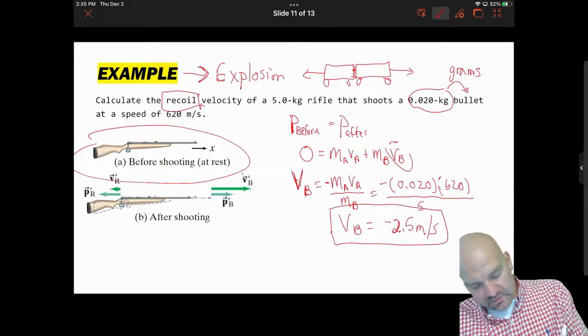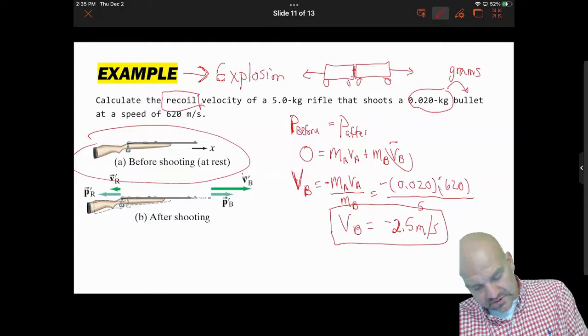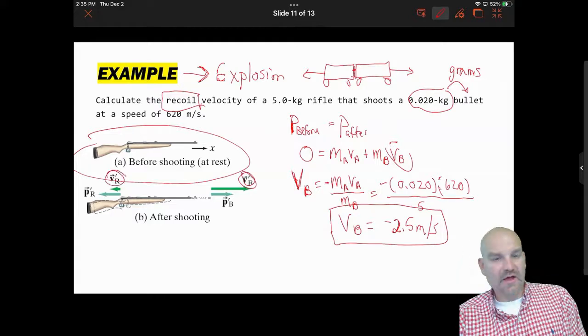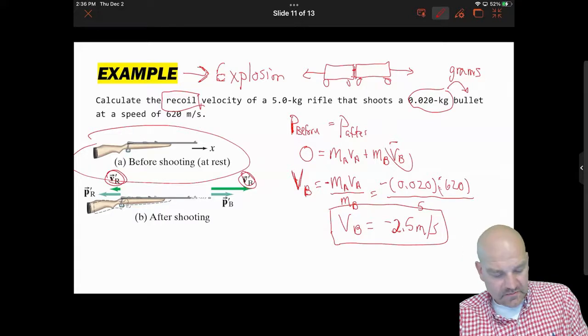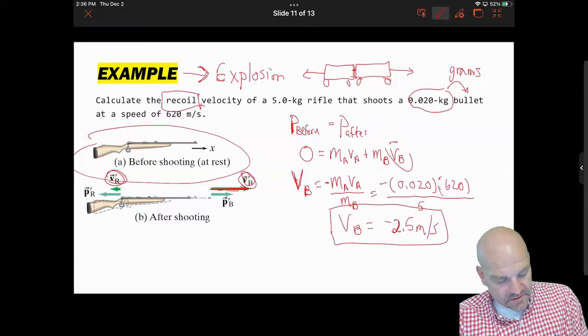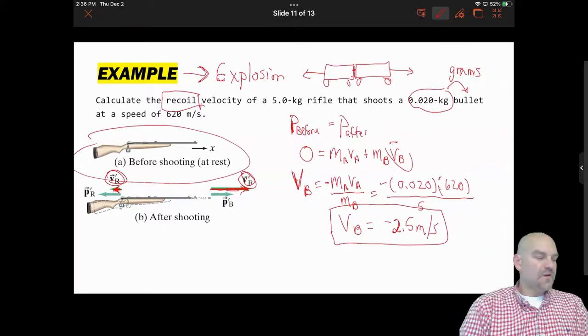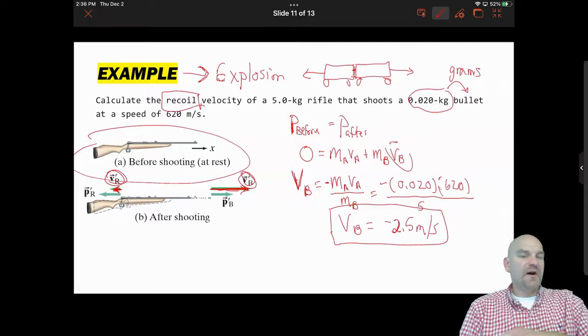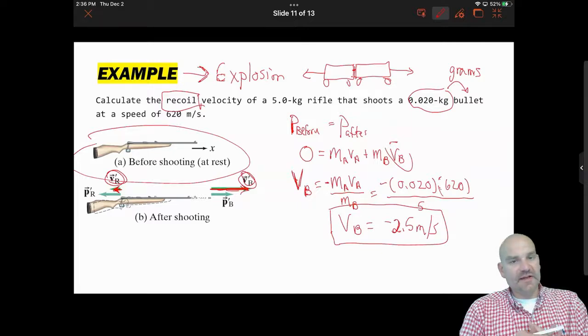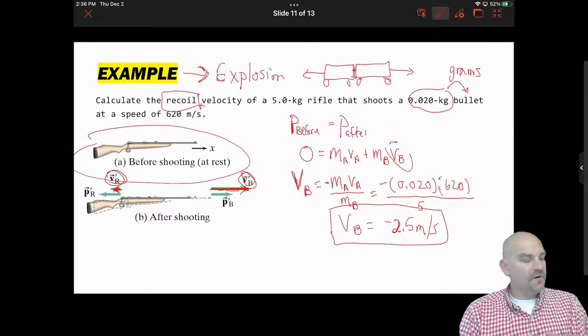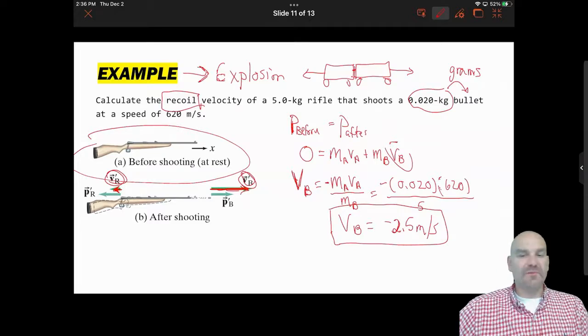So what does that mean? Bullet went to the right, which you see here is the green arrow. Rifle goes to the left. And you can see big arrow for the bullet, small arrow for the rifle. Okay. So this kind of starts talking about our collisions, which is the next video and the end of the chapter. But our example for a collision, we're going to talk about a special type of collision centered around